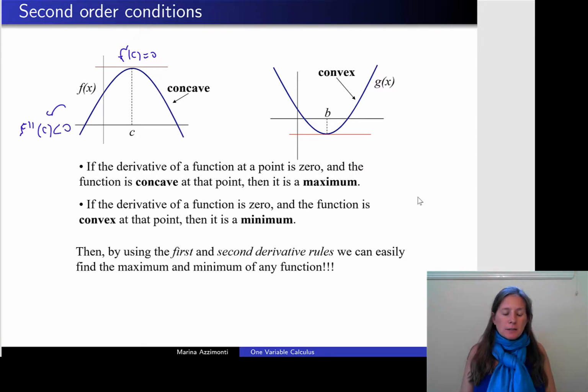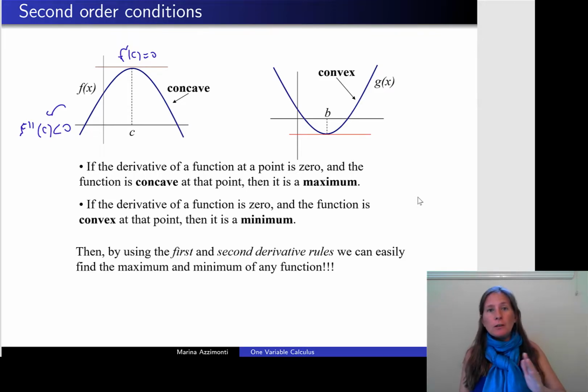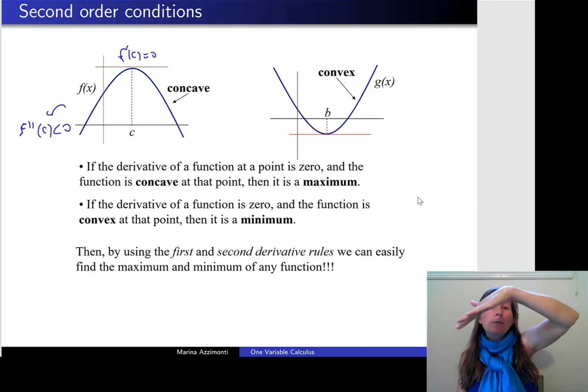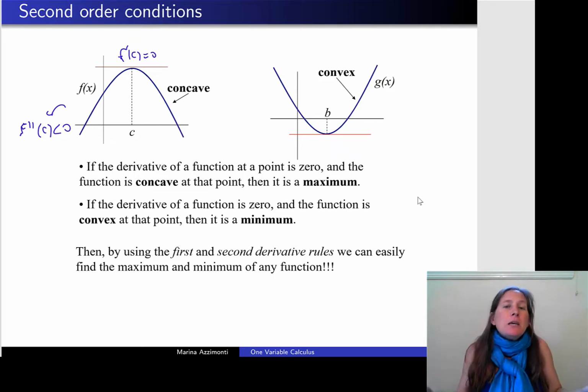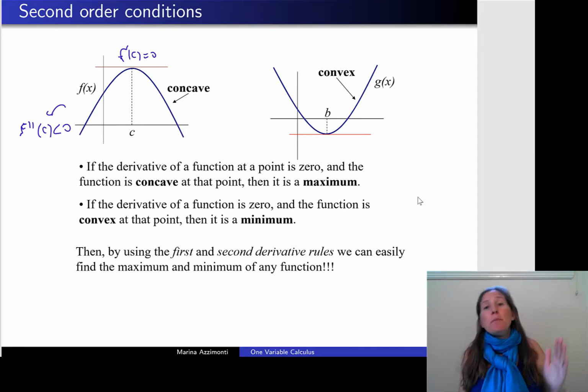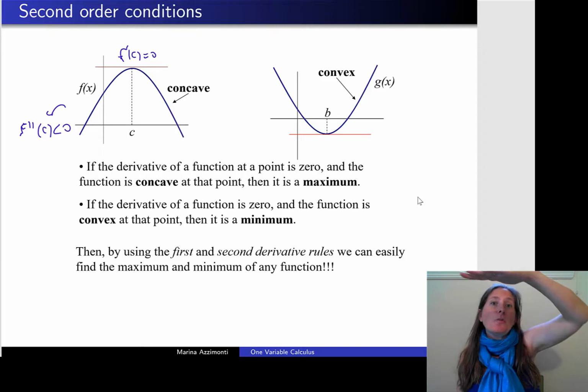What that means is that this is a function where, as you move from left to right, the function is growing, then it reaches a flat point where f prime is 0, and then it becomes smaller and smaller and smaller. So what does this mean? Well, this must be an interior local maximum, because it's a point where the function stops growing.